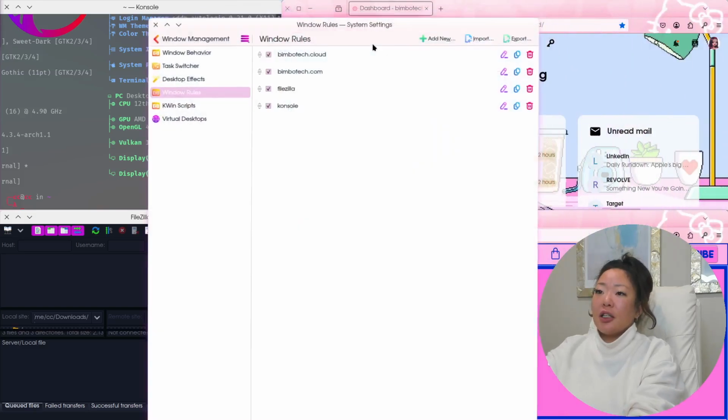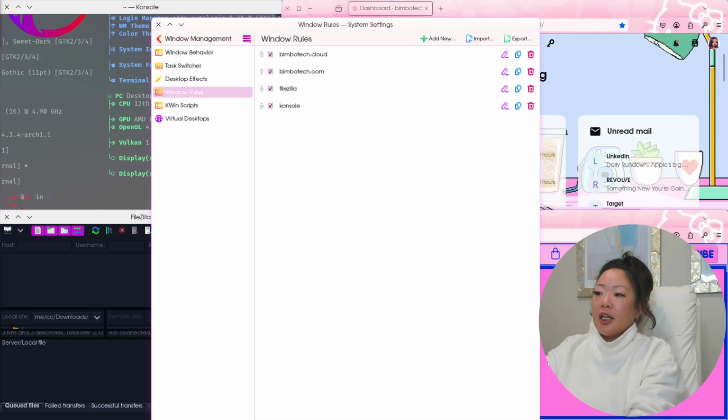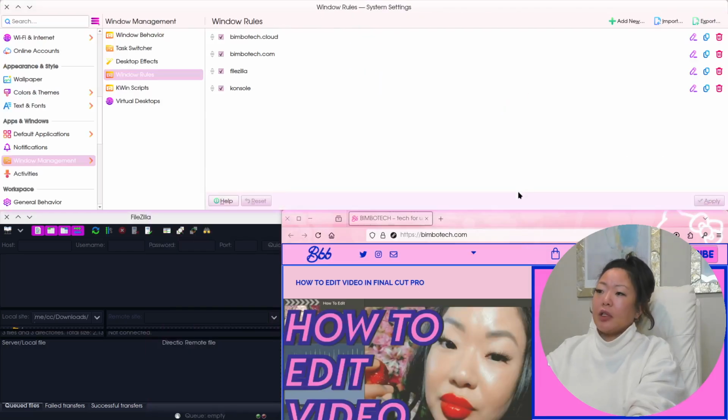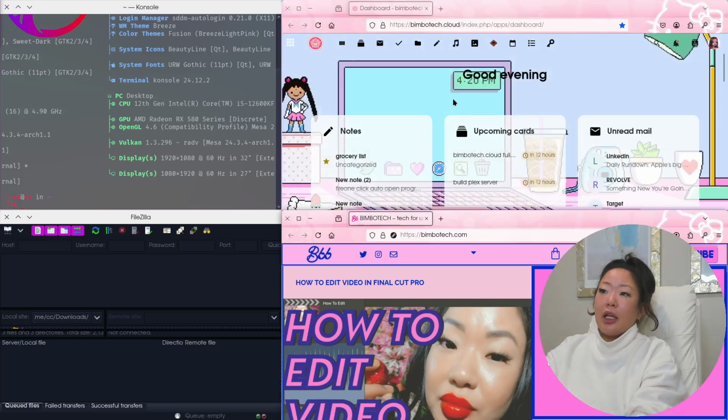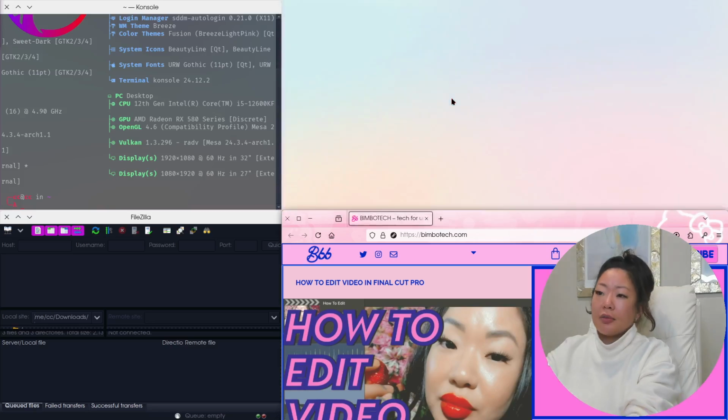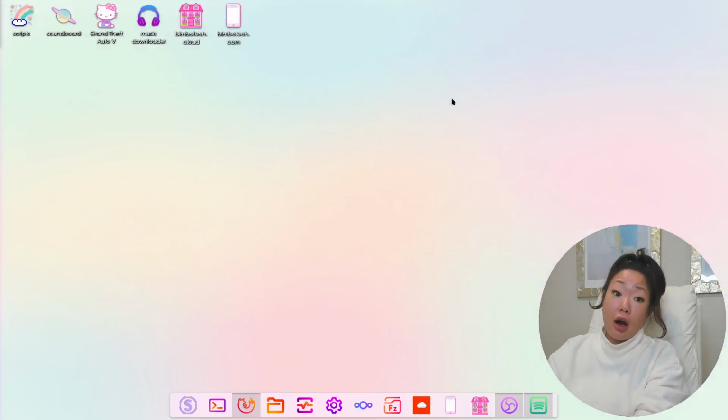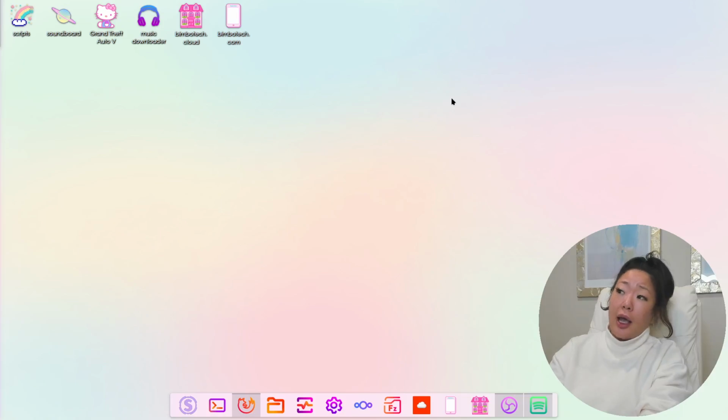For bimbotech.cloud, bimbotech.com, FileZilla, and console, all have window rules now that say it's going to open in this size and in this position, right? So we apply those, close out. Now we're going to close all of these programs, and then we're going to run our shortcut and see